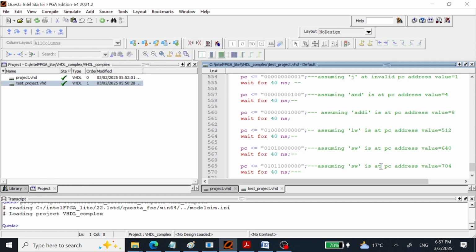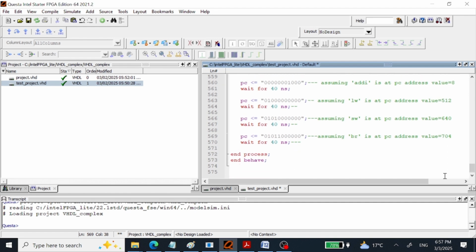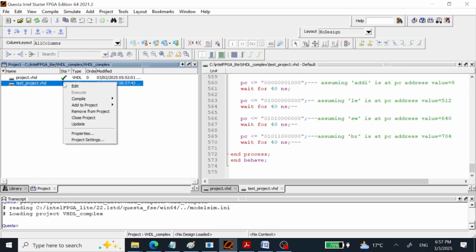Then we are going to say this is actually the branch instruction, at, for example, above 700, 704. So this is end process and behave. So this is actually our complete program, right? Now let's try to compile and run this program